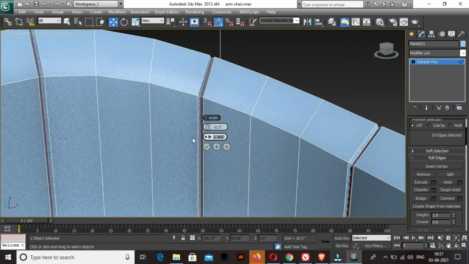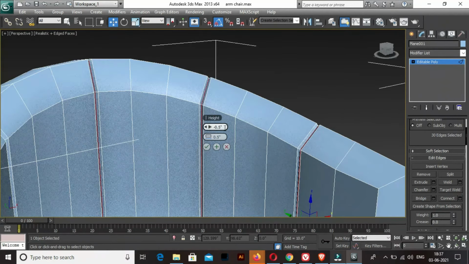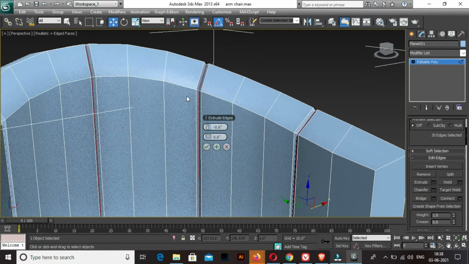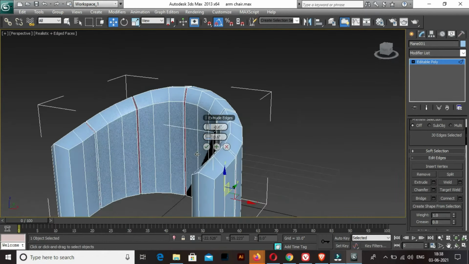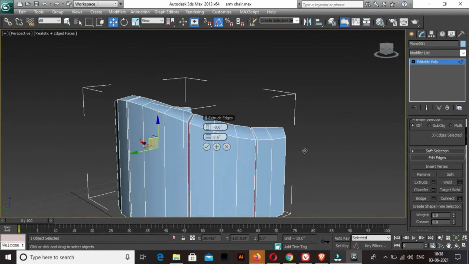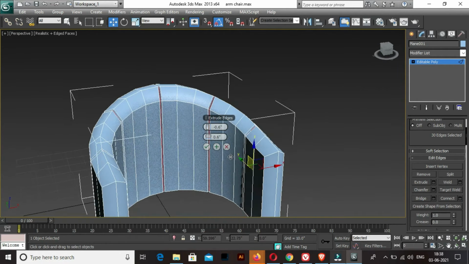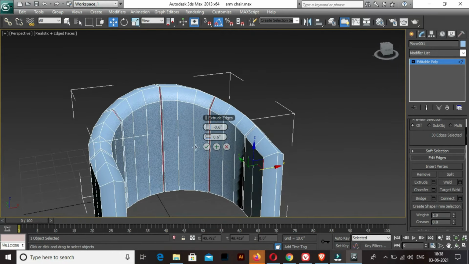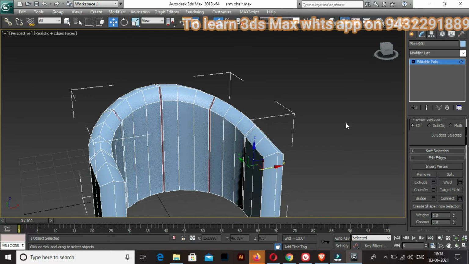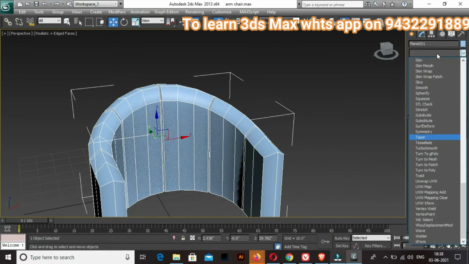Maybe 0.5. I'm giving it minus 0.6. Again, this one also 0.6. So you will get this kind of stitch mark all over there. Okay, and then go for turbo smoothing.